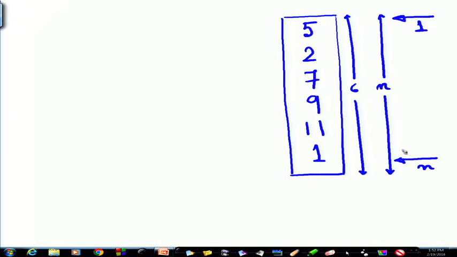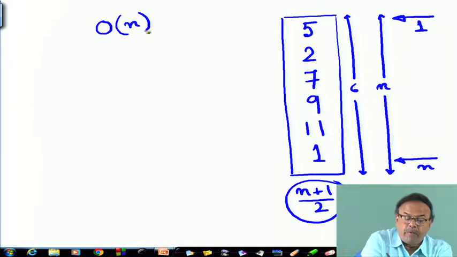So the number of comparisons on an average will be (n+1)/2. That is the average number of comparisons, which we denote in computer parlance as of the order of n.